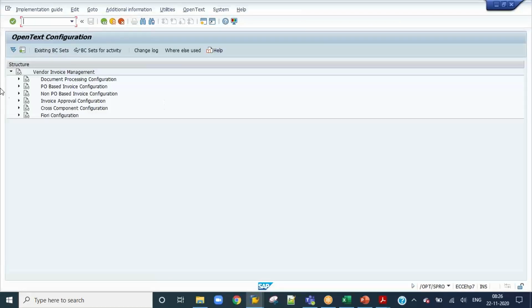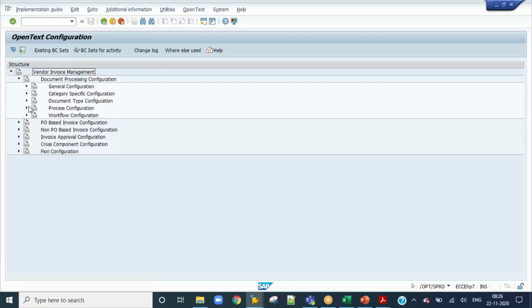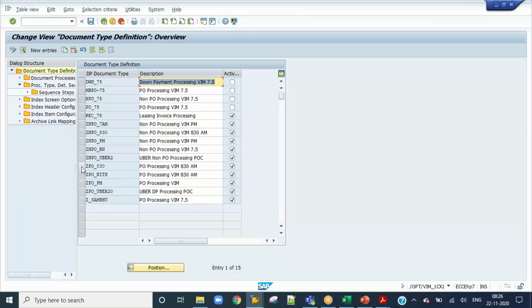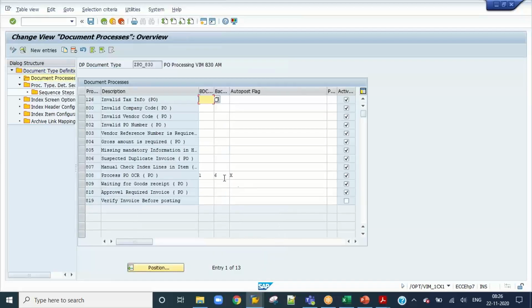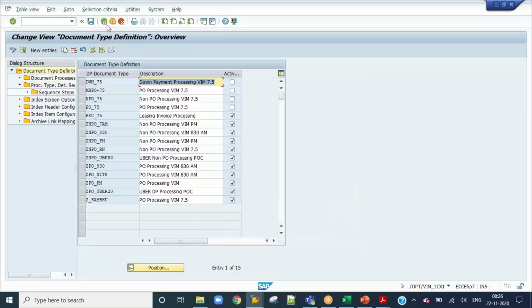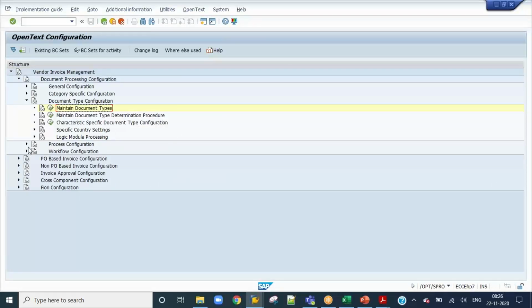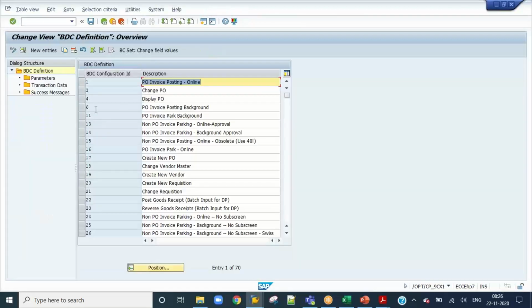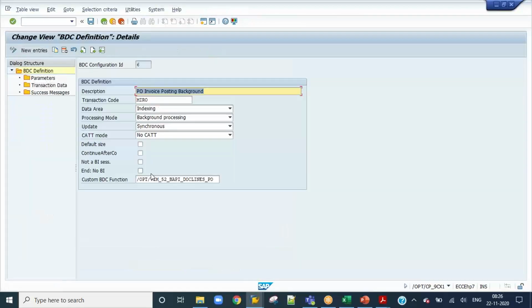Background posting is not happening due to some issue. So in that case, copy the BDC ID from, let's say, any DP document. Copy the background posting BDC ID and go to the BDC ID. Okay, so here under the details section, copy the program and go to SE37,